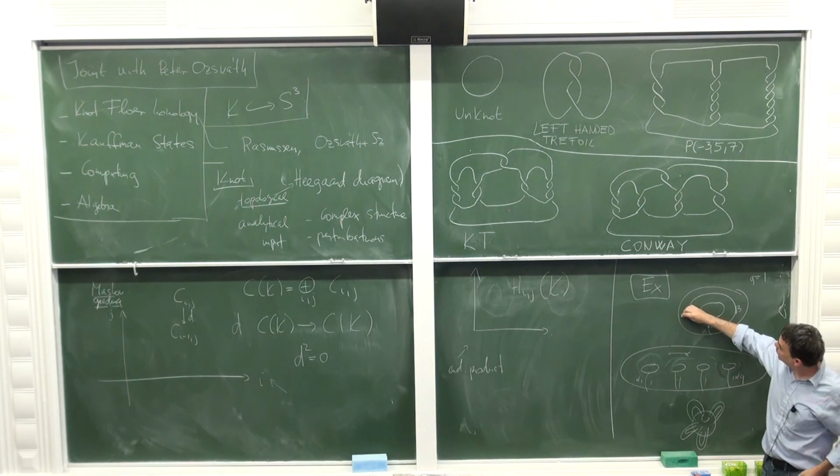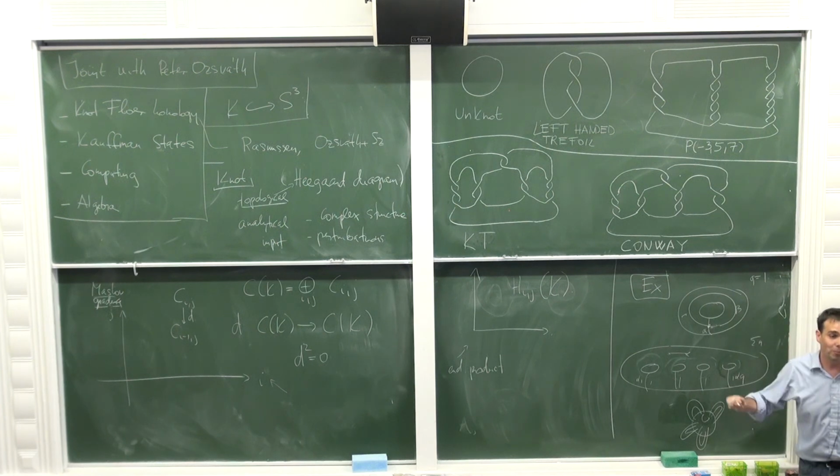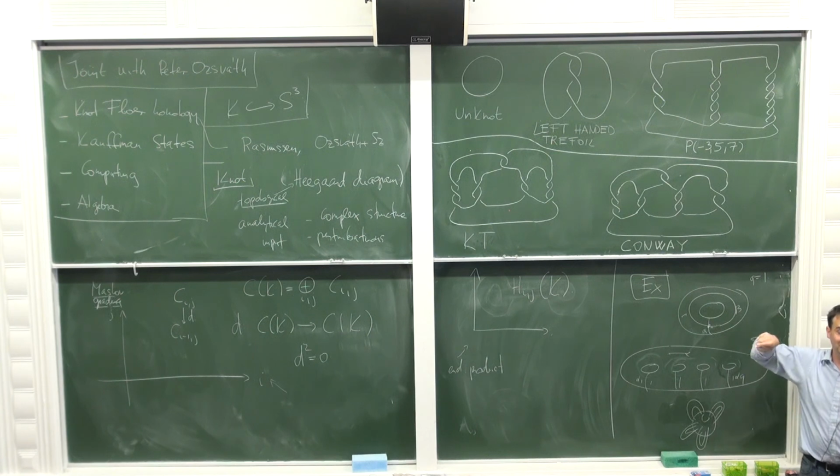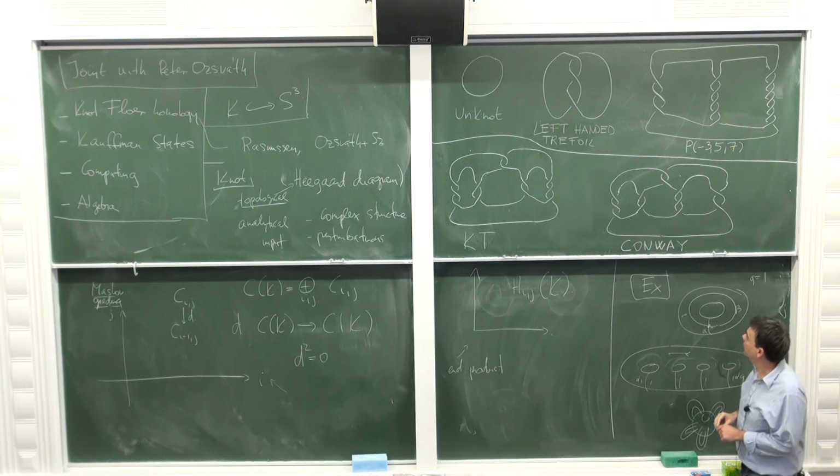In this example, you can also connect these 2 points in the complement of the alpha, small arc, push it to one side, the other side, easily you see you get the unknot. So this is a silly example, it gives you the unknot. And you can see that there is one intersection point between alphas and betas. And then you can also see that for the unknot,